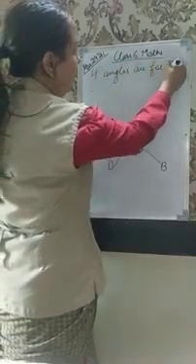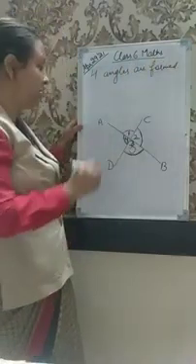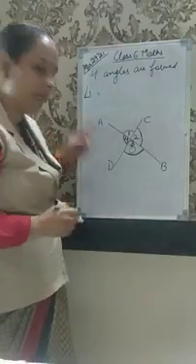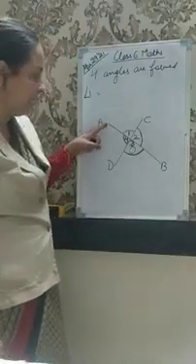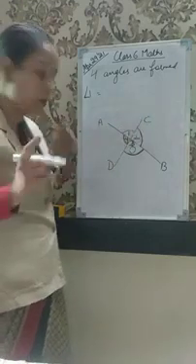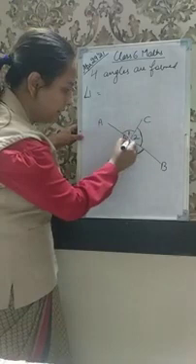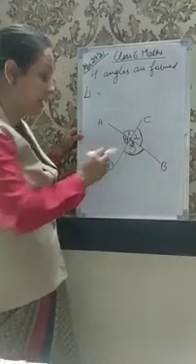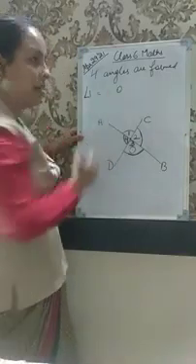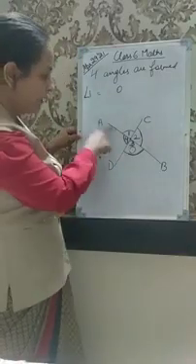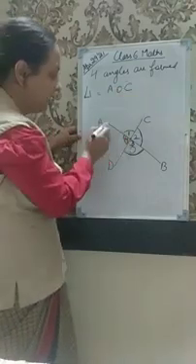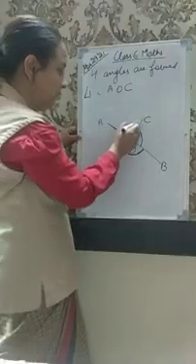Now we will name them. What is the first angle? Angle 1. I will name angle 1 as AOC. See how I do it: the point at which the angle is formed, the point where two lines are meeting, will always come in the middle. So what will come in the middle? O. O will come in the middle. What comes before O? A. And what comes after O? C. Can you see? This is AOC.